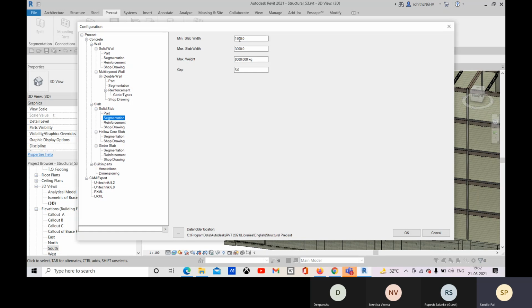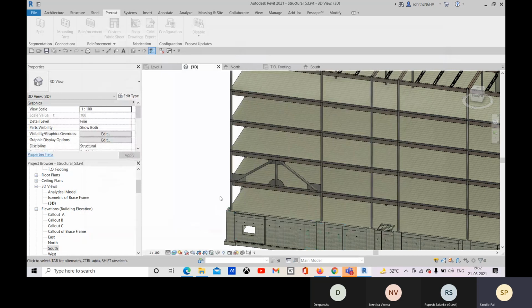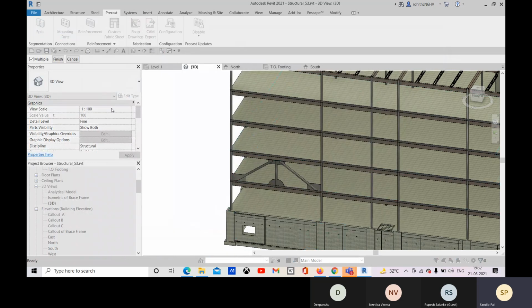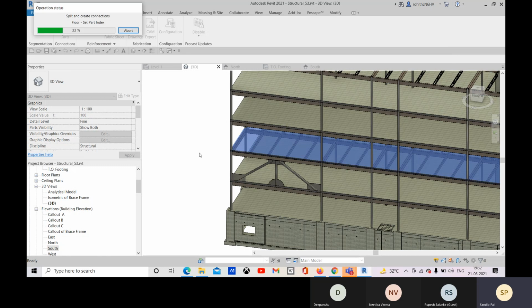Segmentation, the minimum slab width, let me mention 500, and maximum slab width, let me go with 2000. Okay, click on OK. And now let me go for the split again. Let me select it and go for finish, go for solid slab, and there it is done.